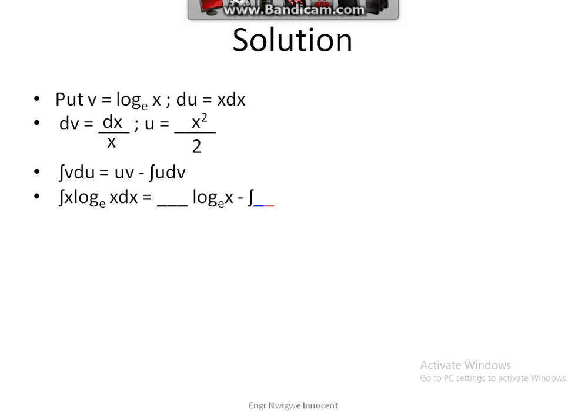If you substitute the values into this formula, we put our integral of v, which is log of s, times our du, which is s ds, which equals our u, which is s squared over 2, times our v, which is log of s, minus the integral of s squared over 2, that is for u, times dv, which is ds over s, which we now have. If we do our